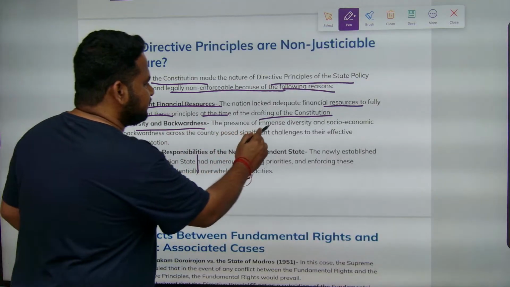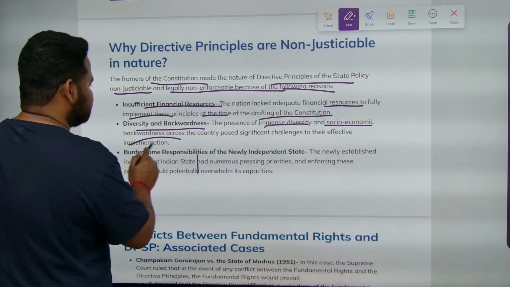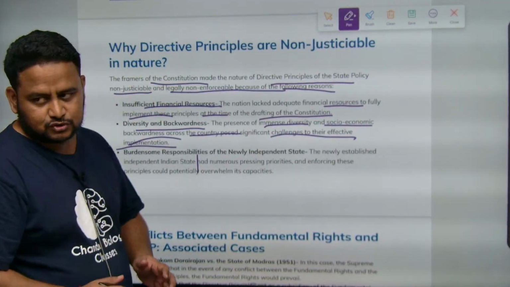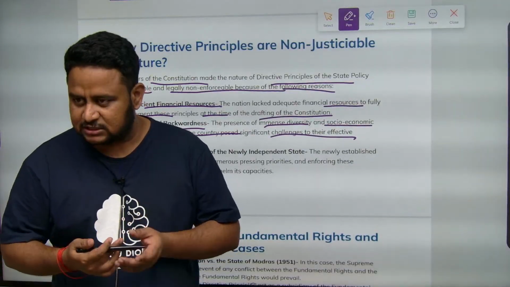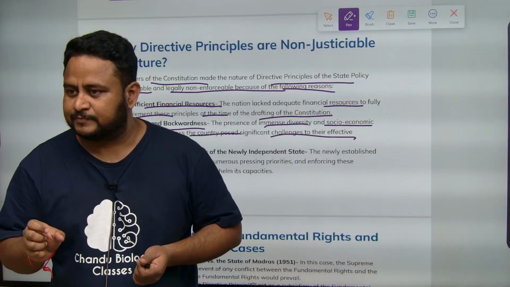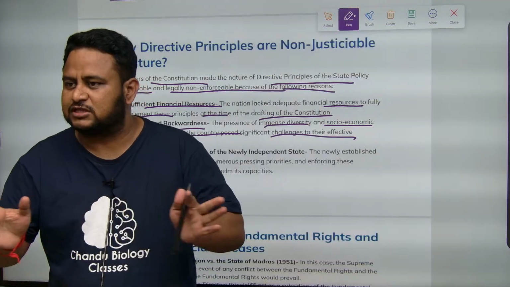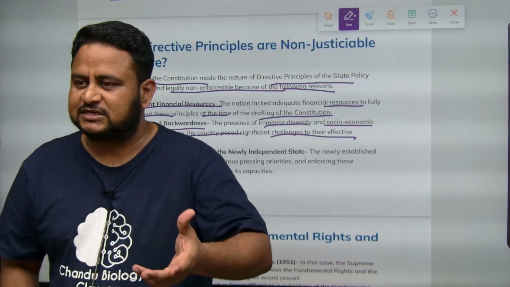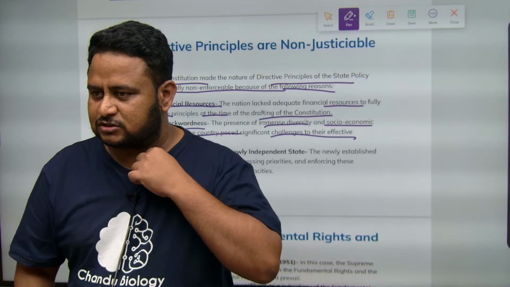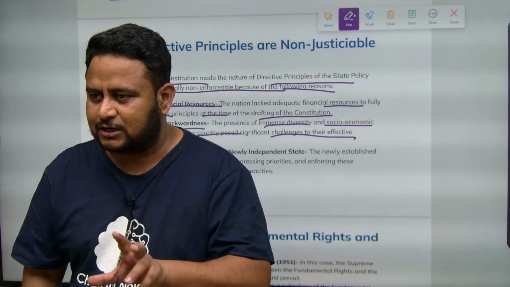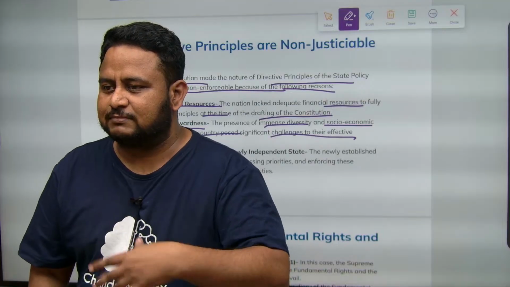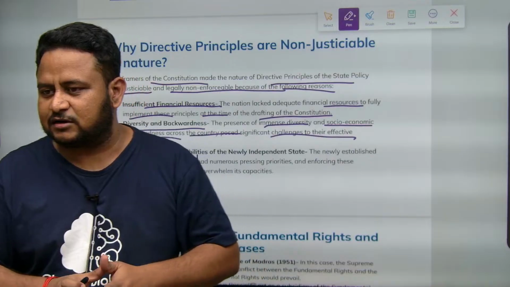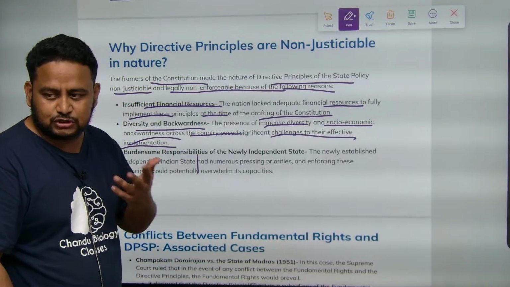The presence of immense diversity and socio-economic backwardness across the country pose significant challenges to their effective implementation. So first of all you have to apply them. Certain laws will be applied in certain parts of the country. If they are successful, then they will be spread to other parts of the country. They are called pilot projects. Pilot project means they will be applied to certain districts. Ayushman Bharat also, certain schemes will be applied to some districts or some states. If they are successful, they will spread to other states. That is the meaning of understanding the diversity and socio-economic interest.